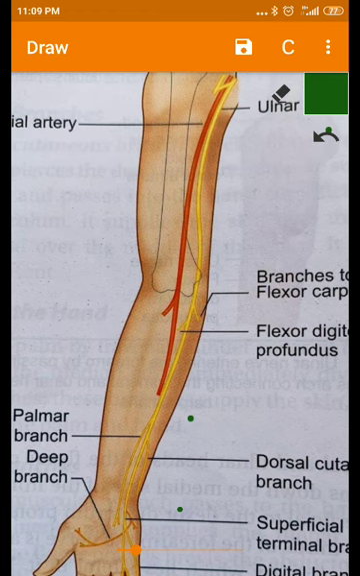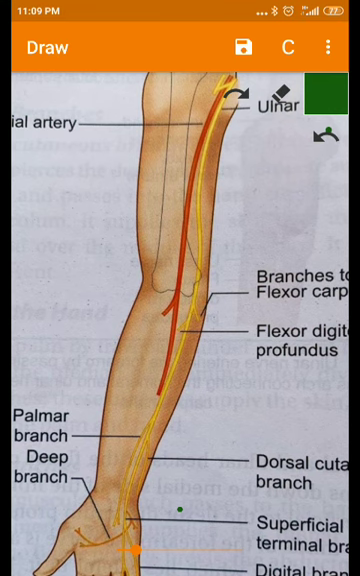So this one is the ulnar artery actually. Okay, ulnar artery. This nerve is accompanied by the ulnar artery, which lies lateral to the ulnar nerve. So this is the lateral side. In the lower two-thirds of the forearm, it is accompanied by the ulnar artery, which lies lateral to the ulnar